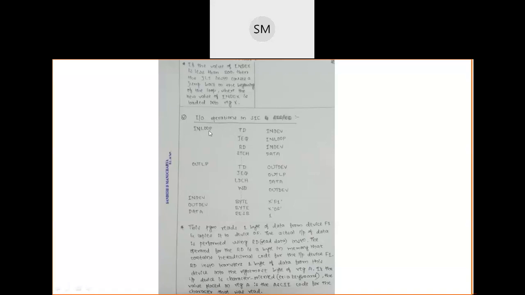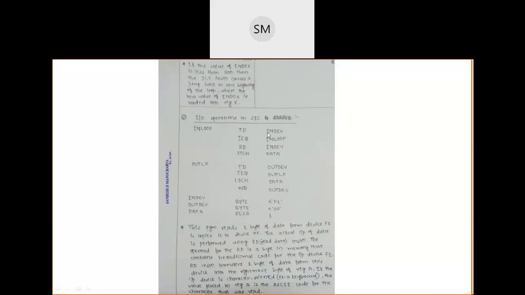See here. First, I want to use a loop, and that loop is for inputting the data. So this loop is for the input device. Input device, you can take it as a keyboard or mouse, and mostly I take it as a character-based input device, that is keyboard only. And you can consider the output device as a monitor screen. So for the input device, for performing input, that is read data, I use one loop here. Before performing RD, that is read data, I have to execute one instruction, that is TD, test device.